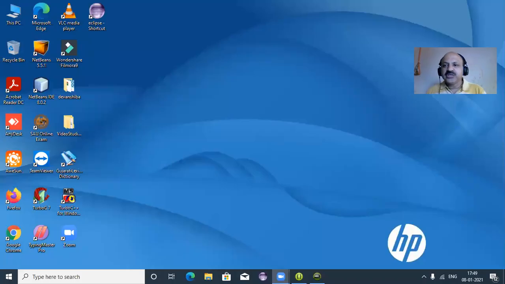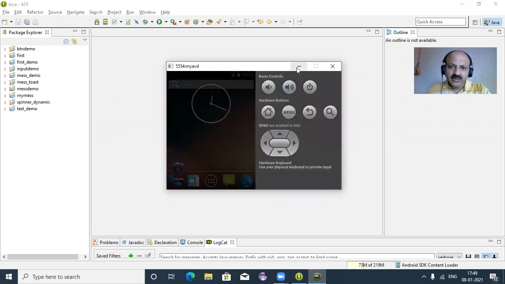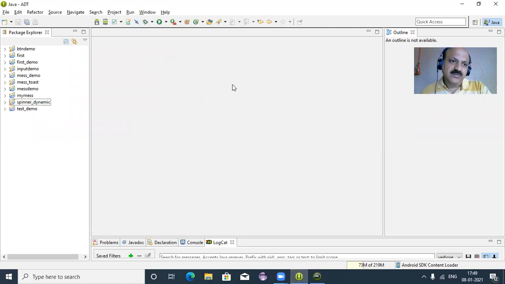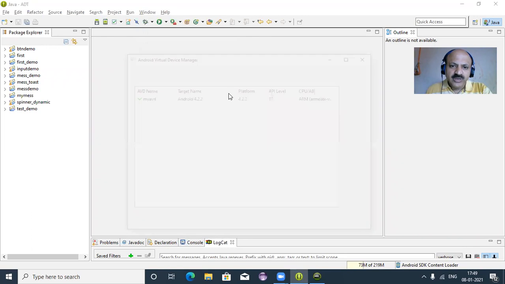In this session, we learn the resources in Android. So let us start. First, I share my laptop screen and fix the position here so you can watch my video lecture better. Here I already opened the ADT Eclipse bundle and already launched one device so that we do not waste time. So yes, you have to know, in Window we can select Android Virtual Device Manager